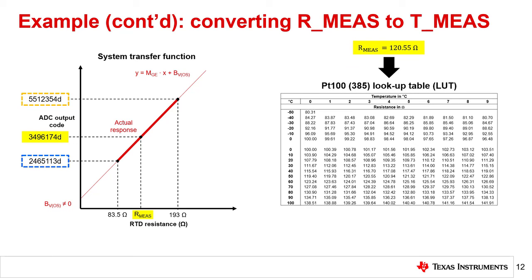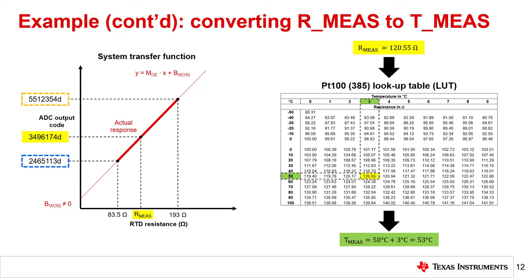For this example, let's convert the measured resistance to temperature using a lookup table similar to the one shown on the left. As described in a previous Precision Labs module that introduced RTDs, a lookup table is easier to use compared to a polynomial because it is computationally simple. After locating the resistance value in the table, use the temperature values on the left and at the top of the table to determine the temperature. If the exact value is not included in the table, use linear interpolation to calculate the corresponding temperature.